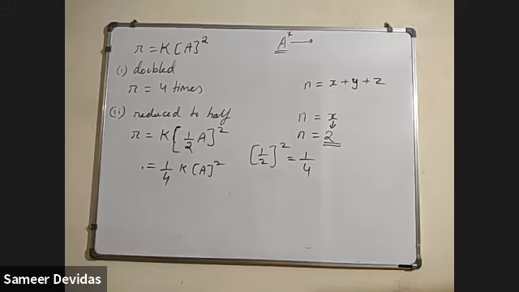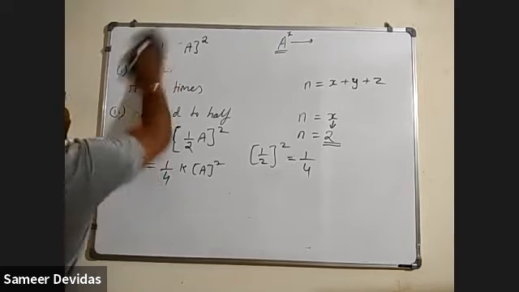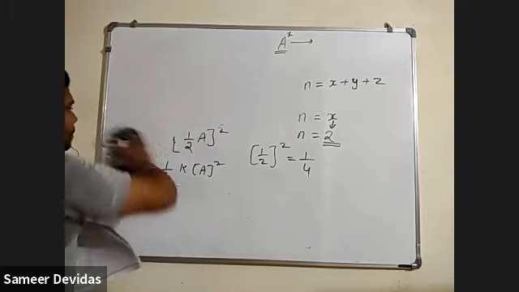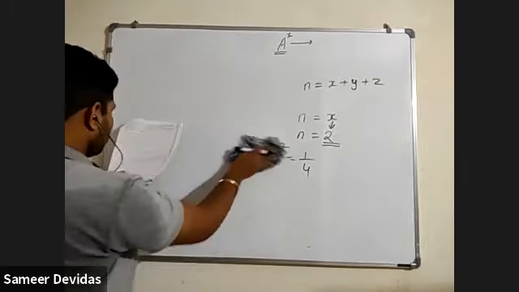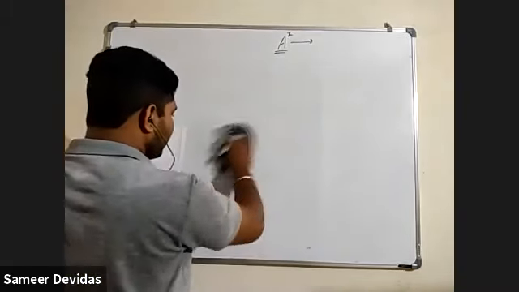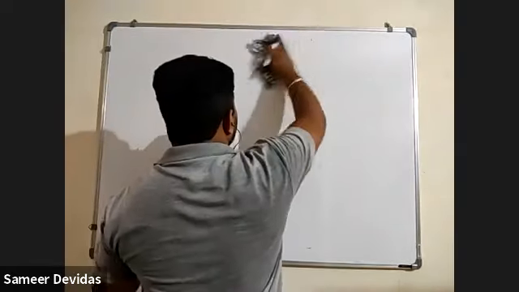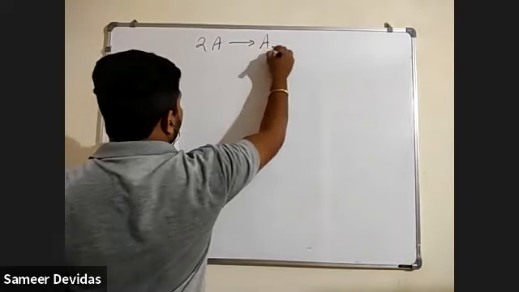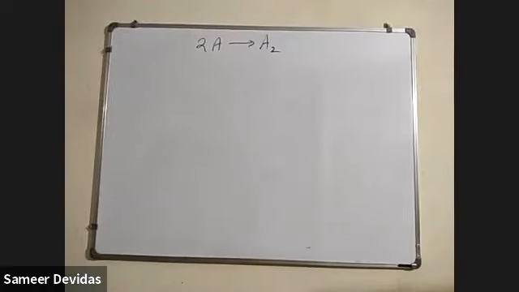Then one more problem, take down. For the reaction 2A arrow A2. I will write it here so that there won't be any confusion. A2. Continue. The rate of reaction